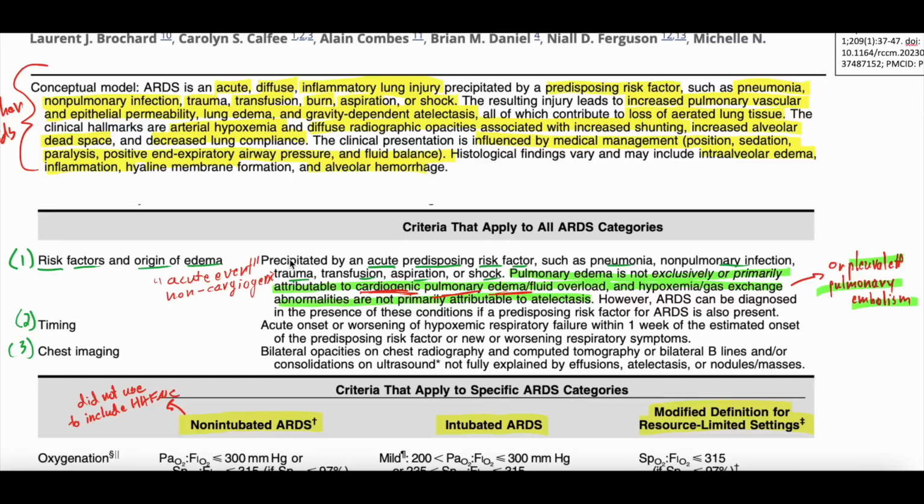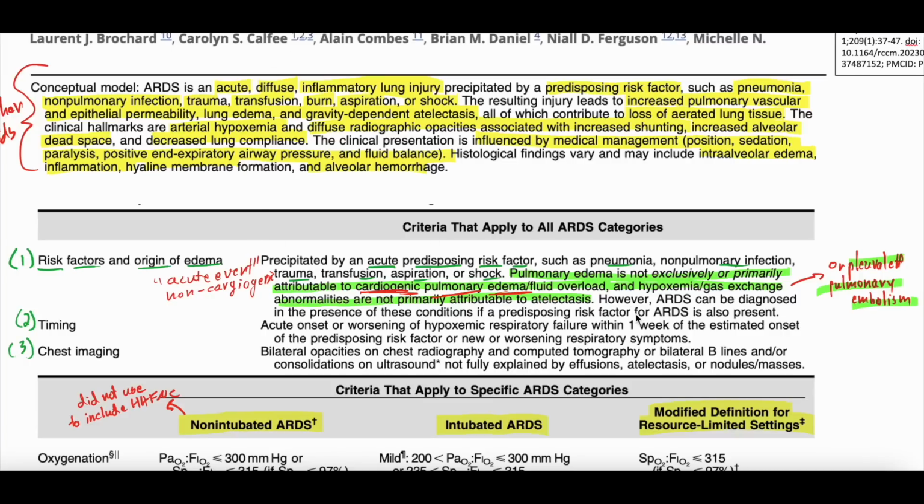It can't be from pleural effusion, because all those things wouldn't be ARDS. ARDS is inflammation and damage of the lung tissue itself. And as such, these other things would not be consistent with ARDS. So you can't have all this hypoxemia, all this low oxygen just from a big pulmonary embolism or just from big pleural effusions or from pulmonary edema from fluid overload because you're in heart failure.